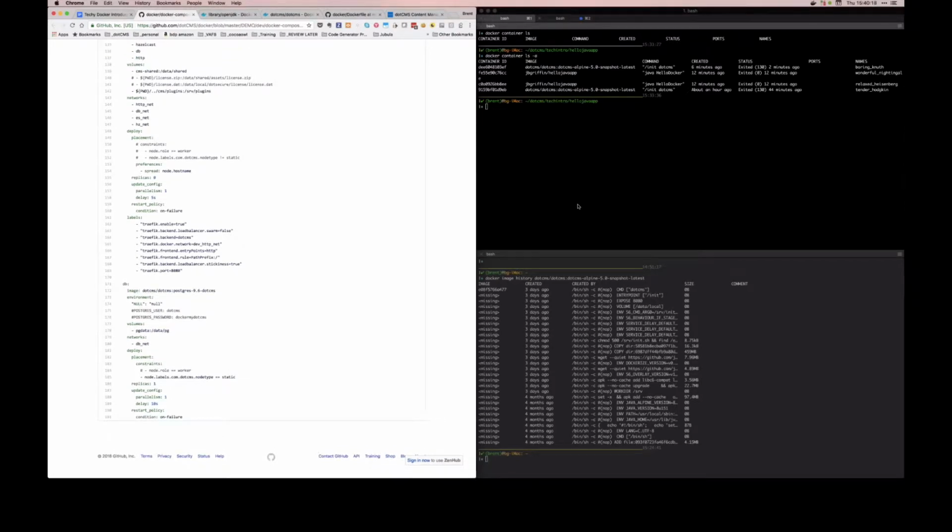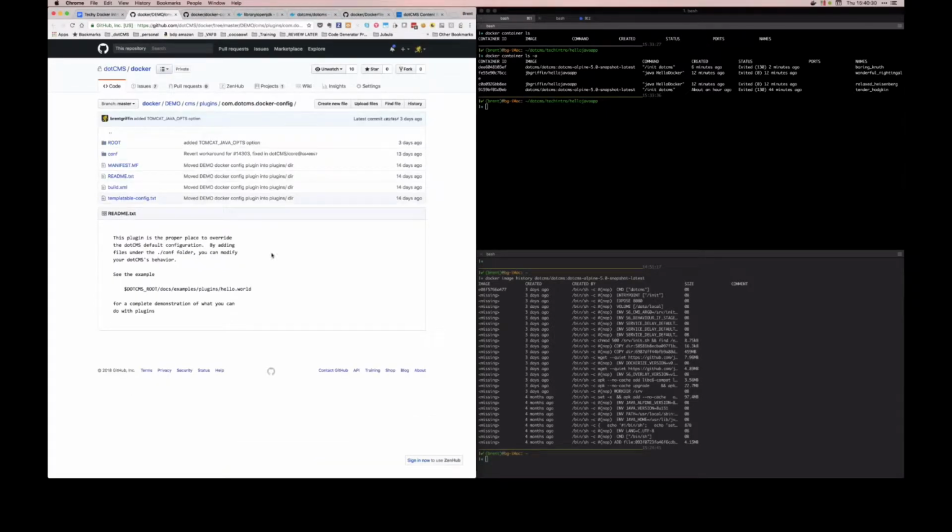Okay, so the other thing I want to look at real quick, we're also going to introduce the idea of a plugin. Some of you may be wondering, okay, I've got this immutable Docker image that we're going to distribute to the world. How are they going to get their plugins in there? Well, you can dig into all the details later with the links I've given you. But essentially, part of that image starting up is it's going to look to see if you have a plugin folder mapped,